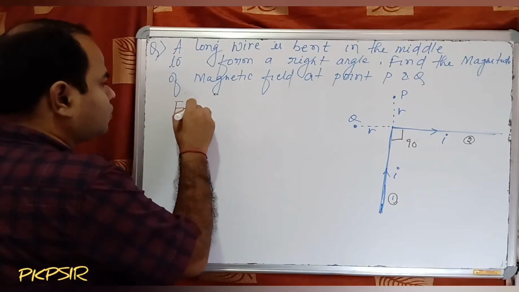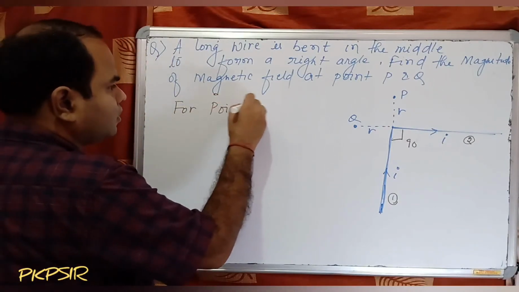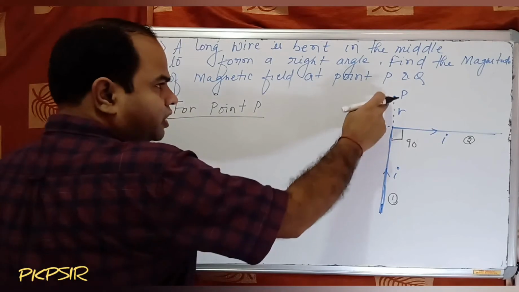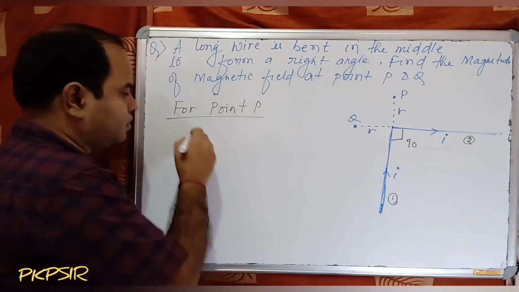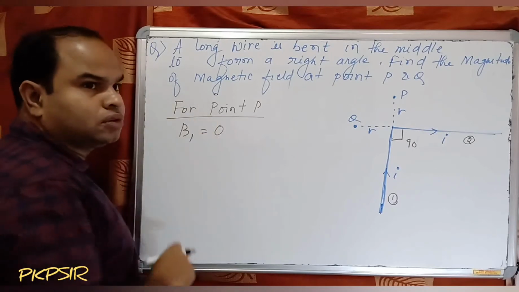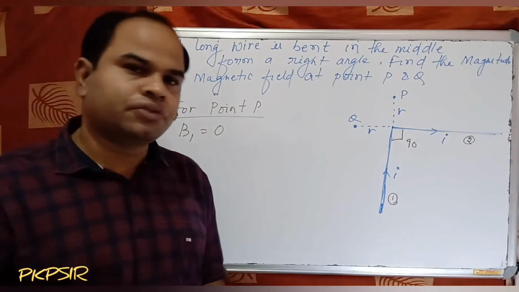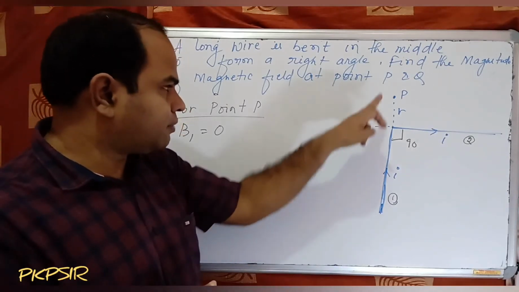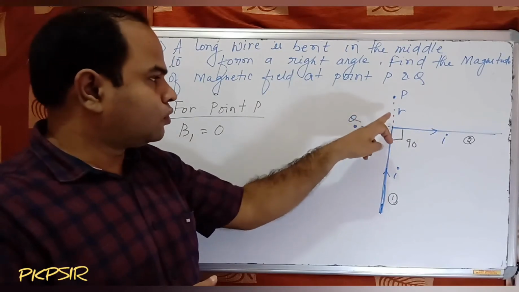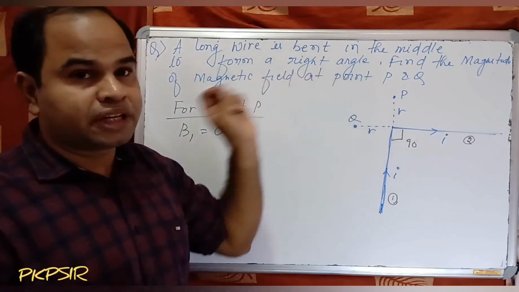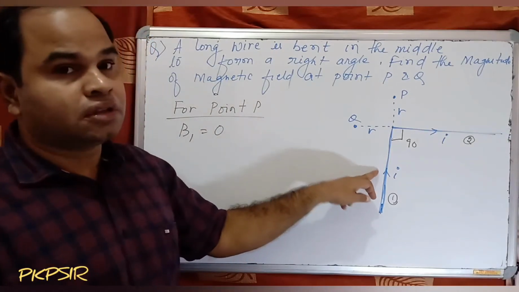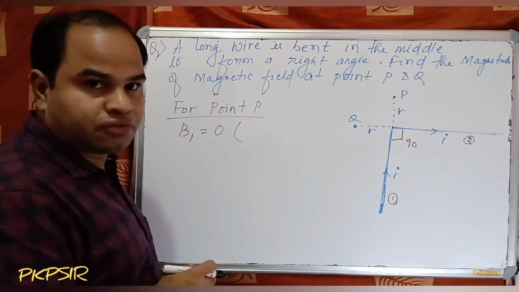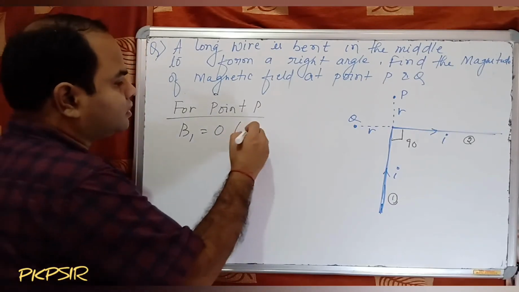So for point P, for the first conductor, point P is along the axis. So what will the magnetic field be? 0. We should know from Biot-Savart's law that along the axis of a current carrying conductor, the magnetic field is 0. So the magnetic field produced by the first conductor is 0 at point P. So let us say B1 is the magnitude of magnetic field at point P due to the first conductor. Since it is along the axis,